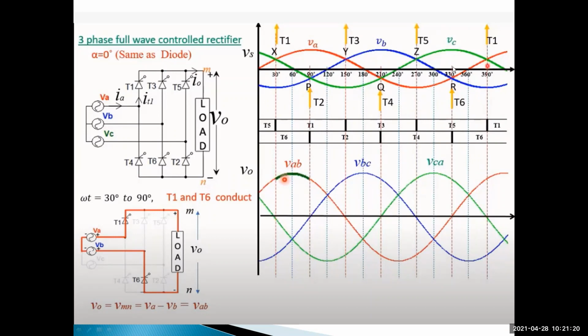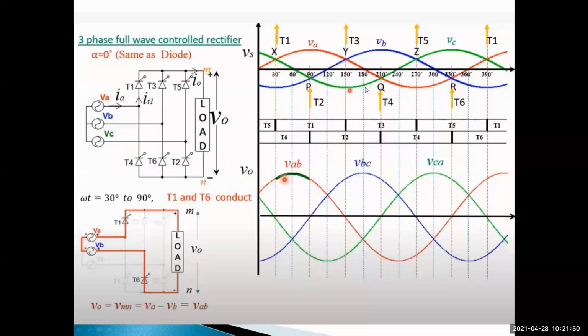It is clear. Similarly, for the negative sequence: if V_A is negative, then only thyristor T4 is forward biased. For example, this is the C phase. What is this duration? 90 to 210 degrees. In this the C phase is more negative. That means T2 is triggered for this duration, where this is more negative.